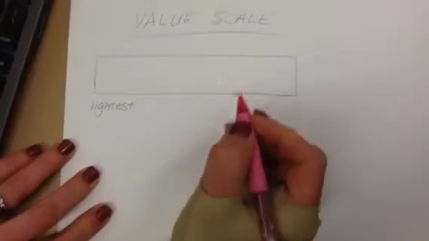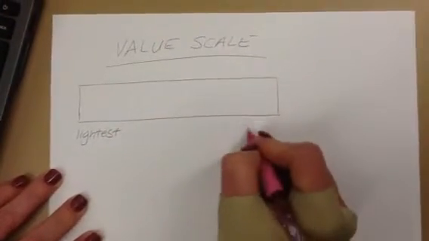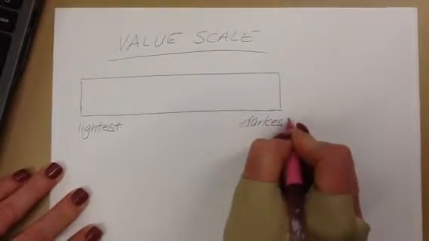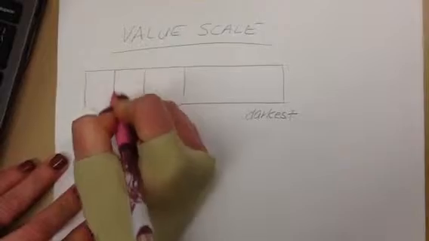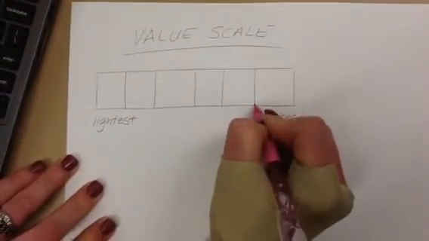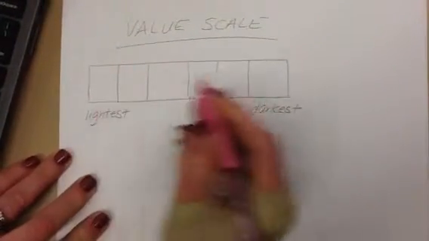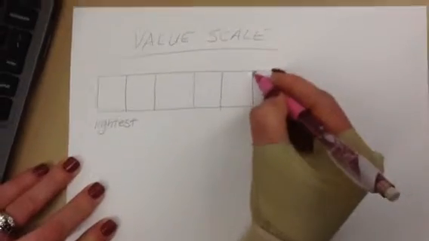Okay, today we're going to learn about value scale, going from a lightest shade to a darkest shade. So you have a long rectangle, and we're going to divide it up to make it 6 boxes. And we're going to leave the first box white, but the last box will be as dark as you can